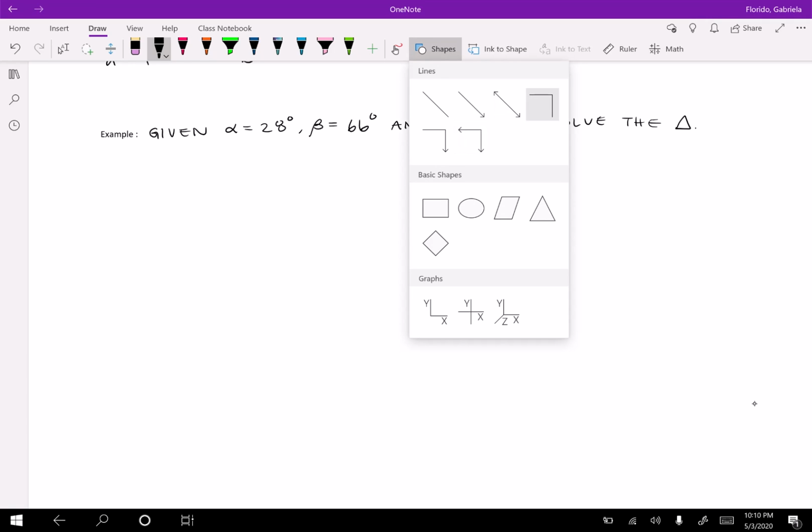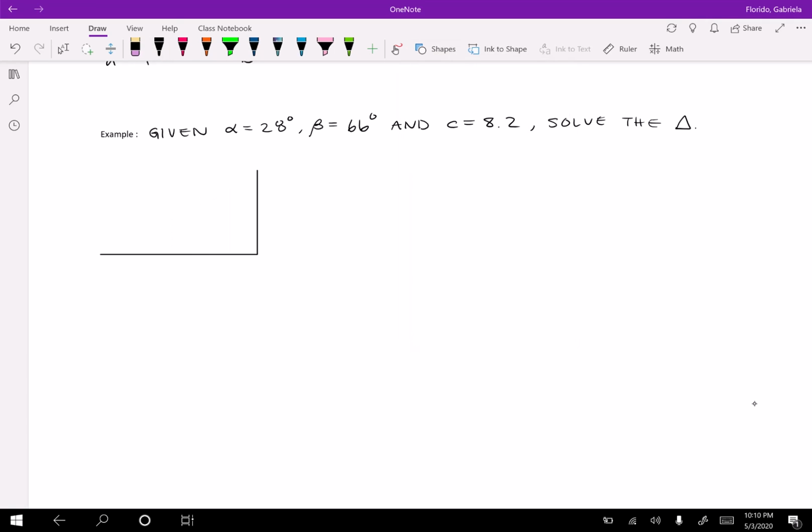Alright, so let's draw a triangle, and again, I'm just going to try to be a little fancy here. You know what, let me not use that one because, again, we don't know if it's a right triangle or not, so let's do that. There we go. And so we're given alpha, we're given beta, and we're given little c. So I'm going to start by labeling this whole thing. So I'm going to call this vertex A, vertex B, and vertex C. And again, it doesn't matter that we don't have an exact sketch of it, so we're trying to make a sketch of it. And so we know that alpha is going to be over here,